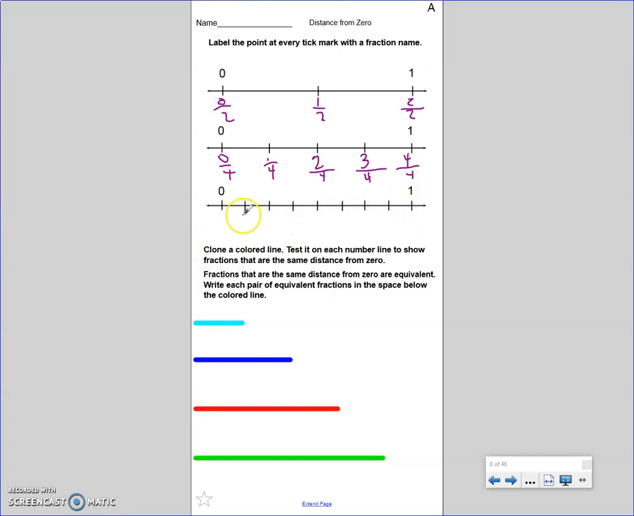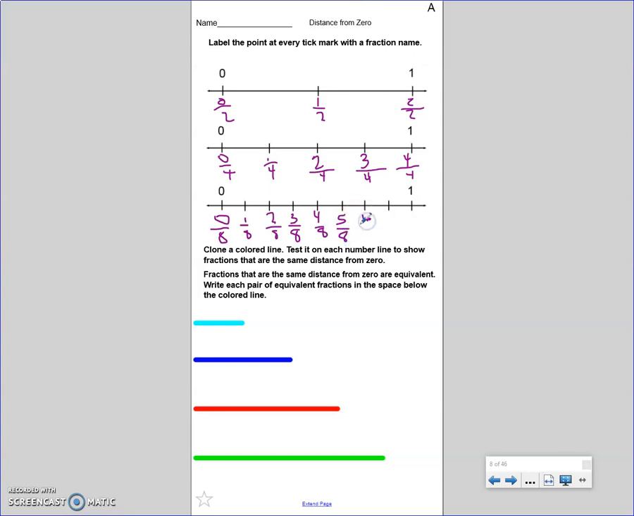Finally, look at this bottom number line. It's broken into 1, 2, 3, 4, 5, 6, 7, 8 parts. So these are 8ths. Here is 0/8. Here is 1/8. 2/8. 3/8. 4/8. What would this next tick mark be? I agree. This is 5/8